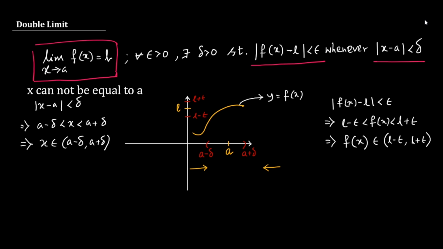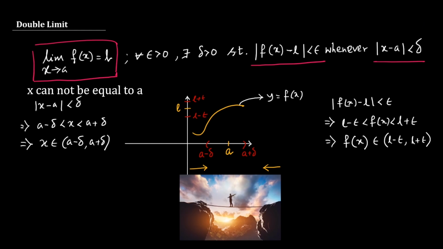as well as the point a, are lying on the real line. So you can imagine that you are trying to reach a by walking on a rope like this. You have only two options: either you reach from the left side or you reach from the right side. Consequently, when x approaches towards a from the right side, that is taking values which are higher than a,